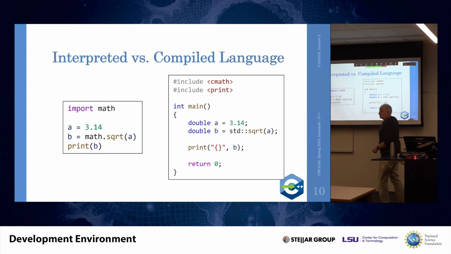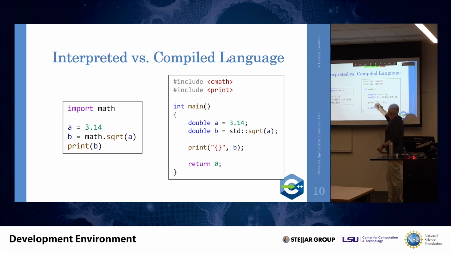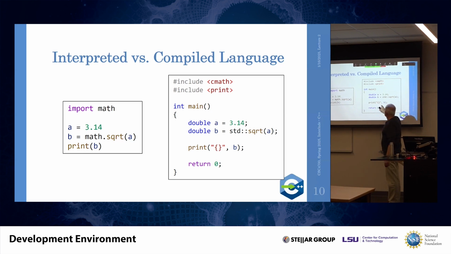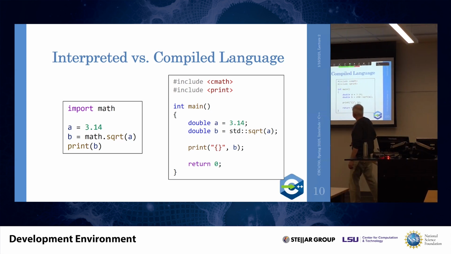I think it's self-explanatory what this code does. You define two variables, you take the square root of one, and then you print the variable to the console in a very Pythonic syntax by specifying the placeholder, and all the placeholders in that string will be replaced by the corresponding argument that comes after. Very similar to what Python actually does.